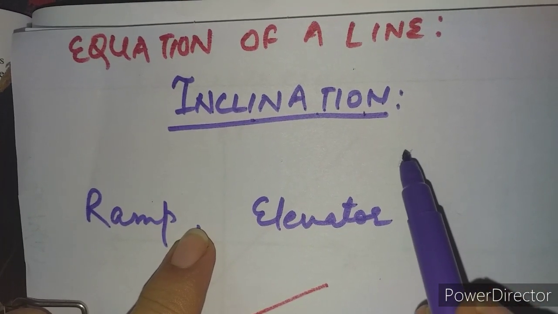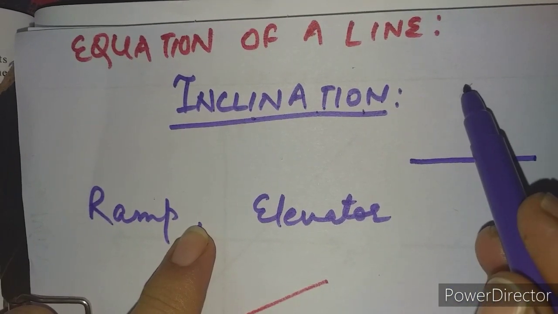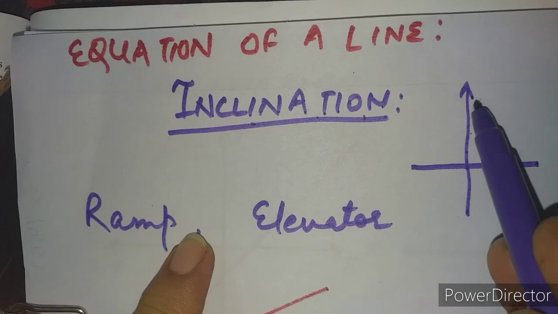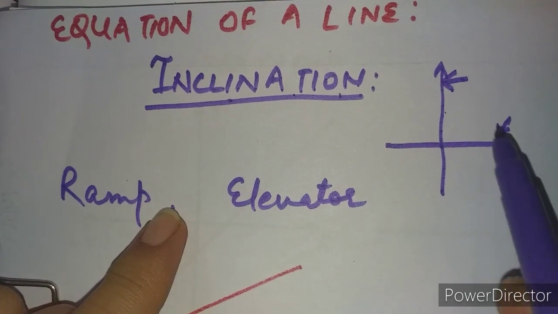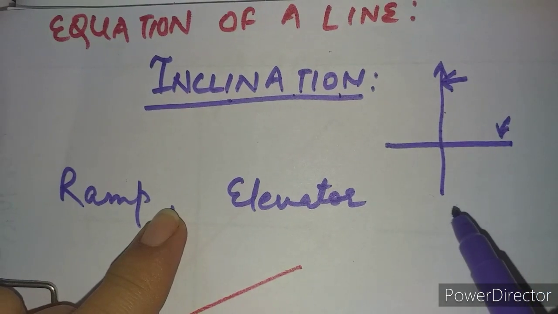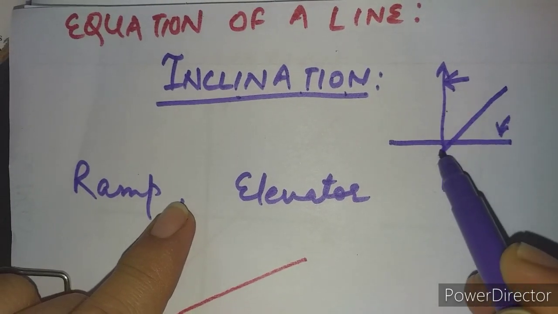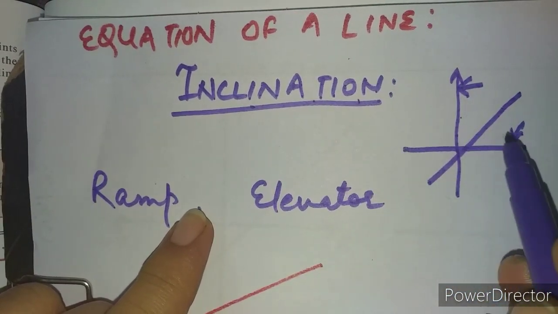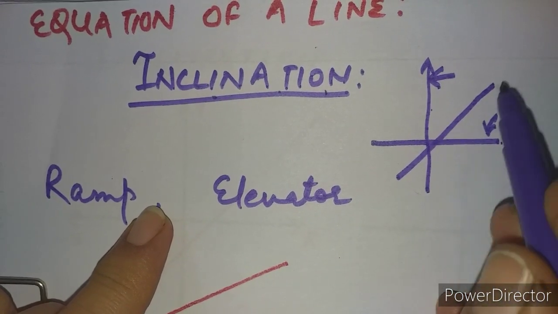Till now we have seen that either the lines are horizontal, like we draw the x-axis, or the lines can be drawn as the y-axis also. So we call them vertical lines, right? So the y-axis is known as a vertical line and the x-axis is known as a horizontal line. Now in between, if the line is not horizontal and not vertical, then what are the other options? The other option is that it will be inclined to the x-axis, or it can be inclined to the y-axis also. In other words, the line can be horizontal, the line can be vertical.